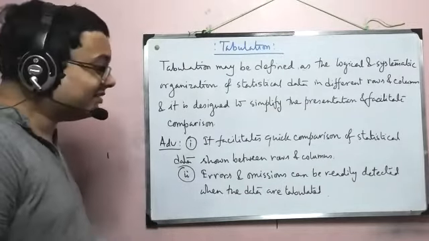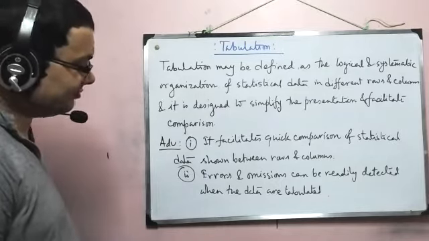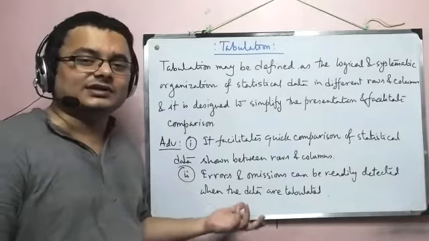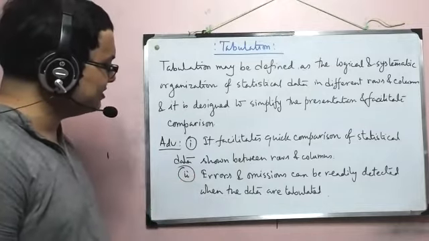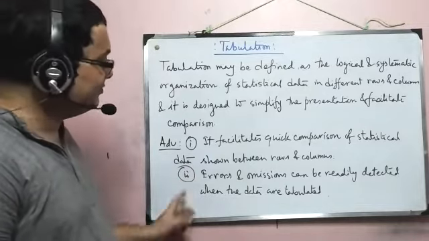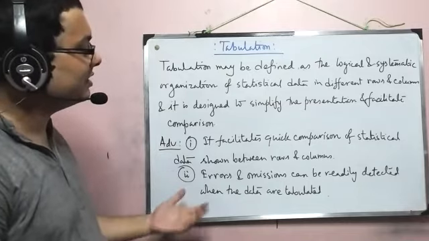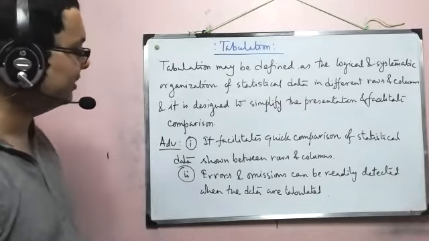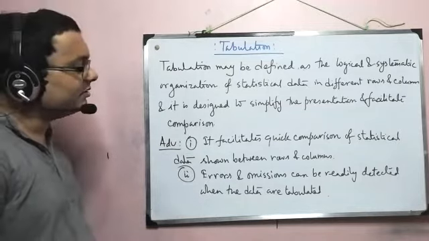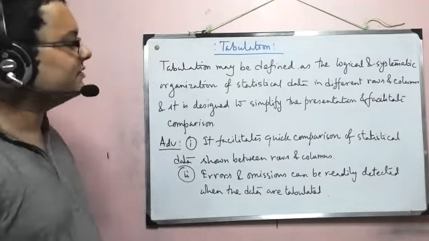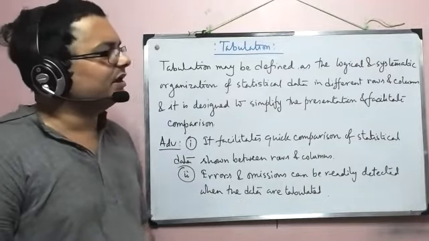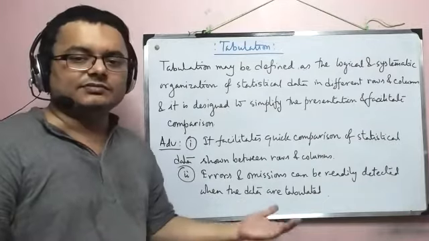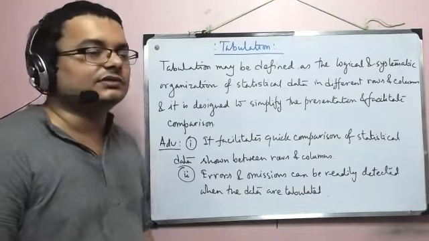Okay, textual data, the easy example is newspaper articles with lots of numbers and all those things. When it is represented in tabular form, obviously it gives us a better understanding. So here we are talking about this. Also, in some sense, we'll talk about that later, probably in sampling, or probably in measures of central tendency, as outliers.